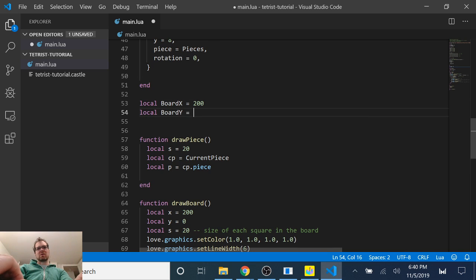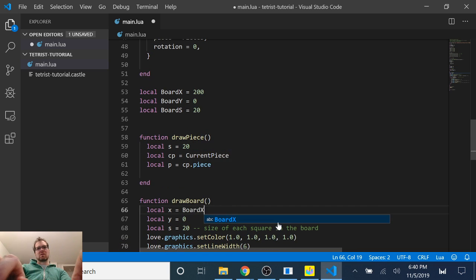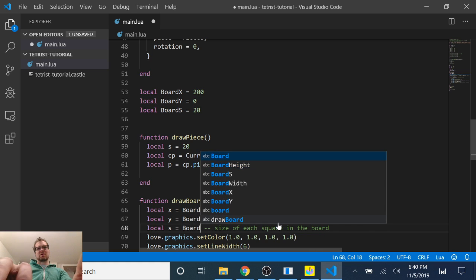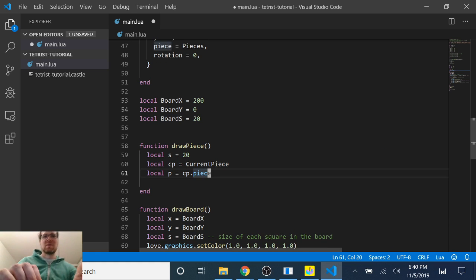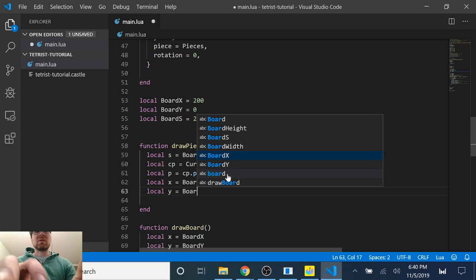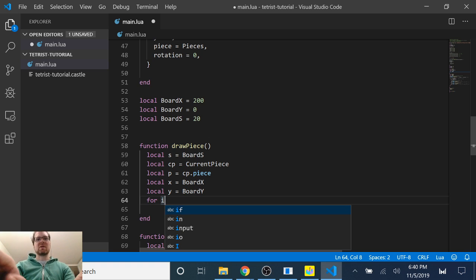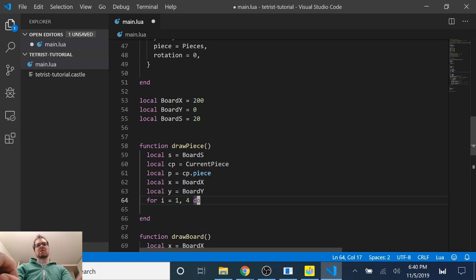Out. Board y equals 0. This equals 20. I just need to reuse these variables, so I want to extract them out here instead of just typing them over and over again, because then it'll be harder to change. Okay, so board one. Okay, so now I'm gonna say for i equals 1 to 4, do local